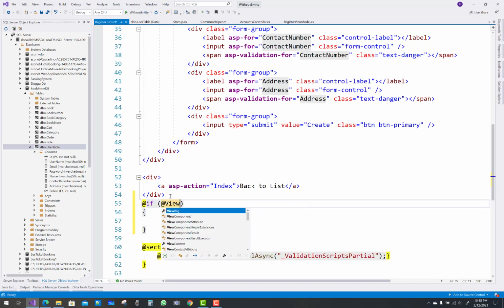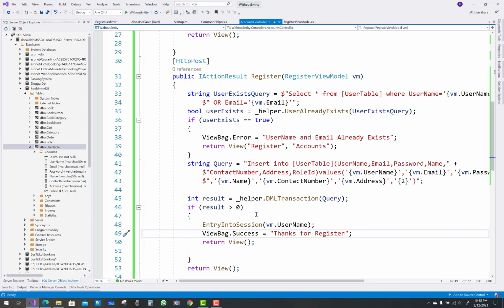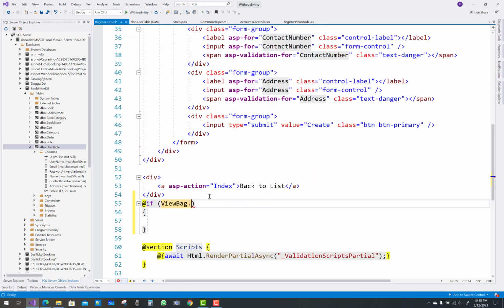Inside your CSHTML file you have to add a ViewBag object, that is ViewBag.ErrorMessage. So just copy that: ViewBag.Error is not equal to null. I mean to say that we have some values in the error, so it's not equal to null.